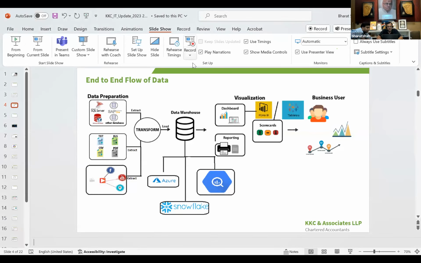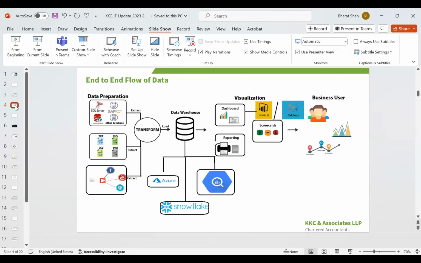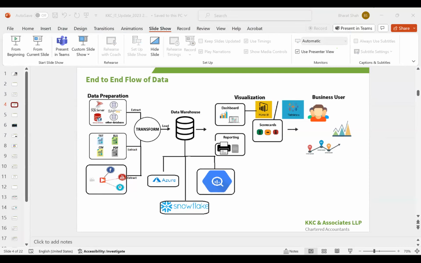It was already in slideshow only. From the beginning or from current slide? Click on from the current slide. Is this visible now? I think the same issue is there. Okay, one minute. Can you just close it and start once again?